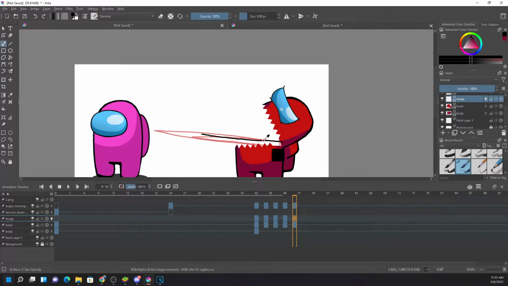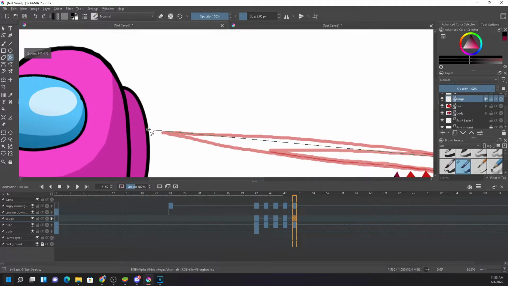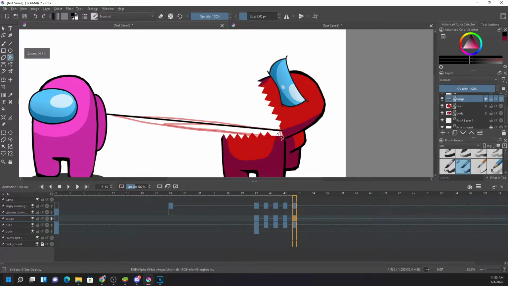Right now, I'm gonna rotate this tongue. I will use this tool so it will be straight. It's your wish, you can use it based on your preference.